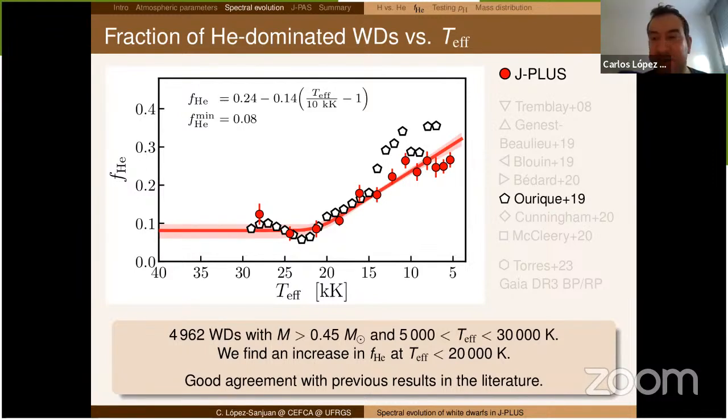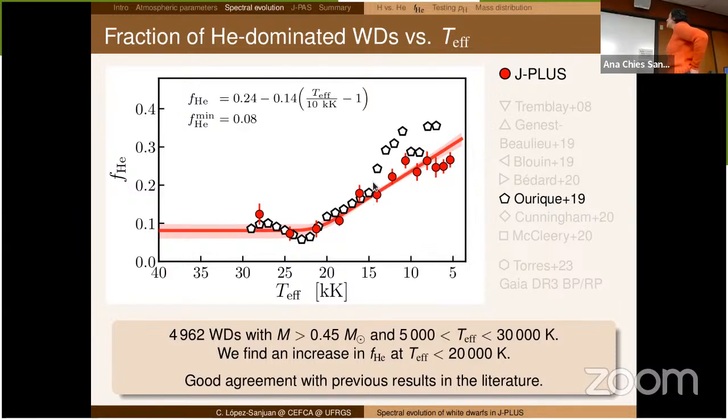Indeed, if you see in our data in J-PLUS, we also have that drop. That's why it's not noise, it's not bias, it's there. So if you can detect it with your data, then just to clarify, it's there.